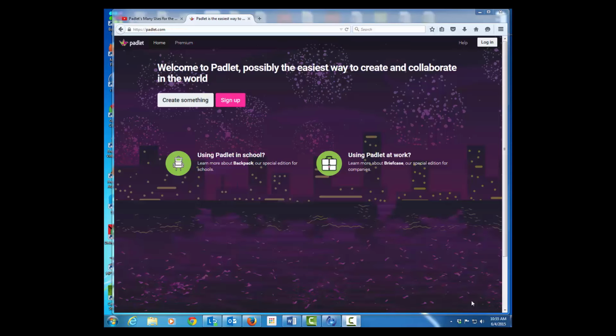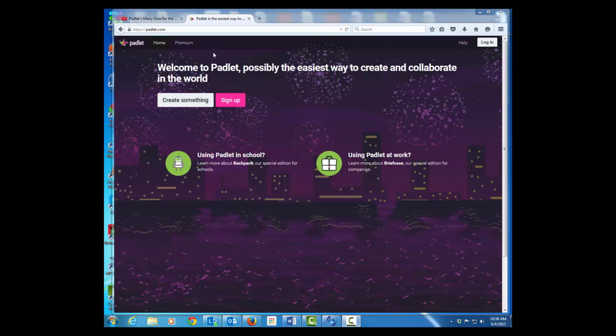So Padlet is a really neat tool that allows instructors to have a digital board assigned to a URL code that they can share with their students. If students have a smartphone or mobile device, they can access it, or the instructor can even assign a QR code to the board to put it on the screen.